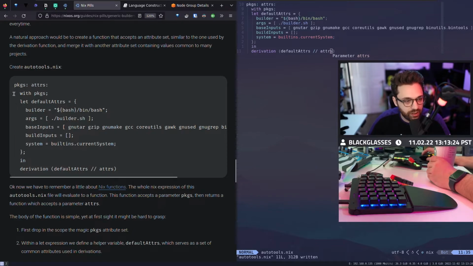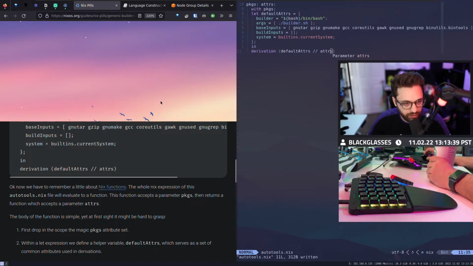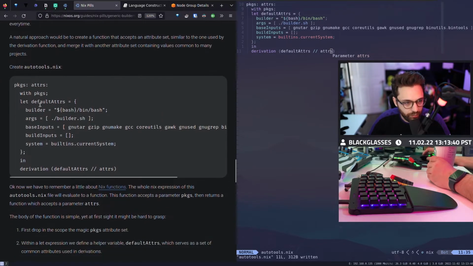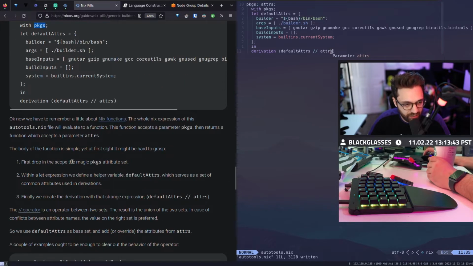So that's what we're doing here. We're expanding packages into the scope of this set of variables. Once we do that, GNU tar, gzip, all these other things become immediately accessible without us having to write packages dot. That's the magic that they're talking about here.